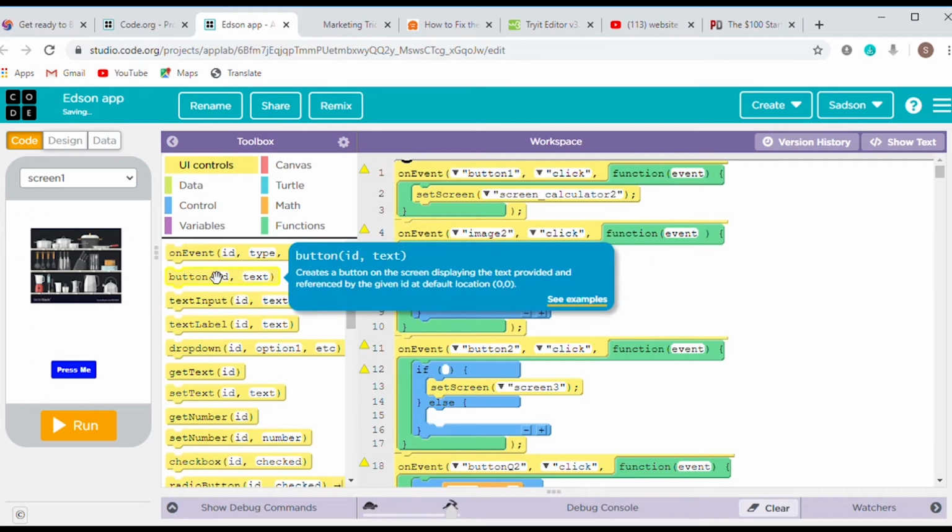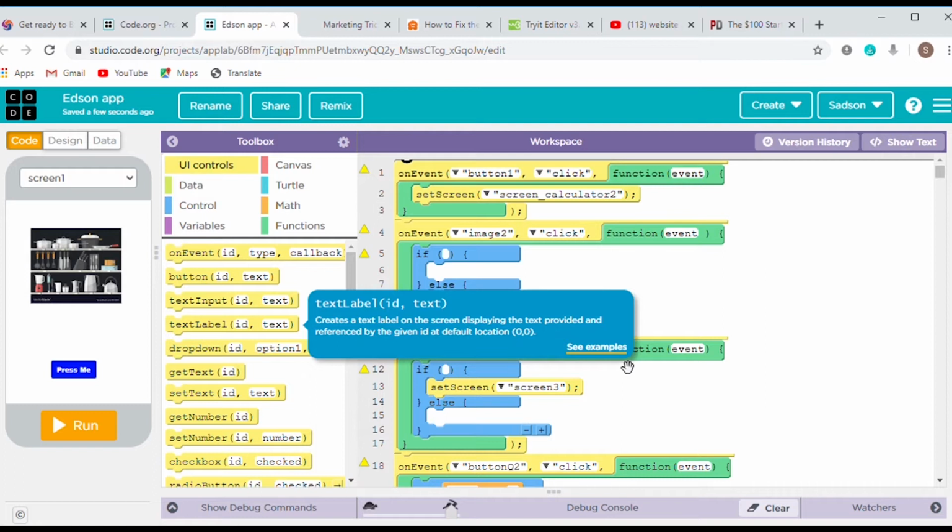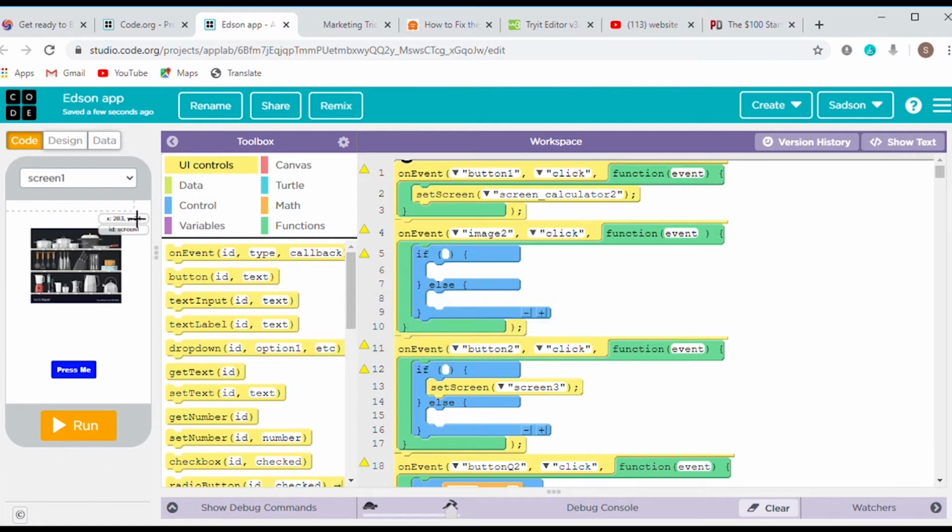Now I can start to code my application, telling it what I want it to be doing. If I want this button, when I click this button, I want this to disappear, or whatever I want to do with my application. But this is how it works basically. You're just dragging in these blocks and putting them here into the workspace. So this is your toolbox, and this is your workspace, and this is the mode that you're working in. Right now you are in code mode. You can work in design mode or in data mode. All right, so this is my number 4, one of the best.